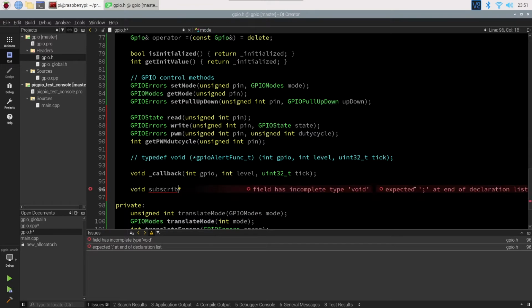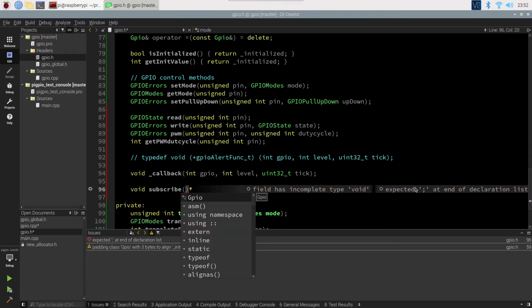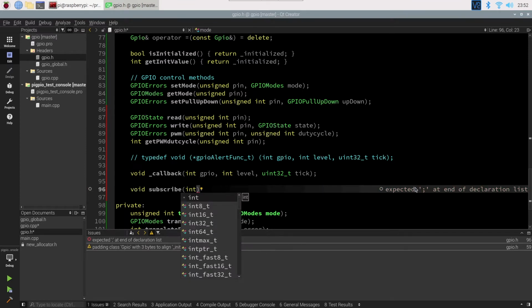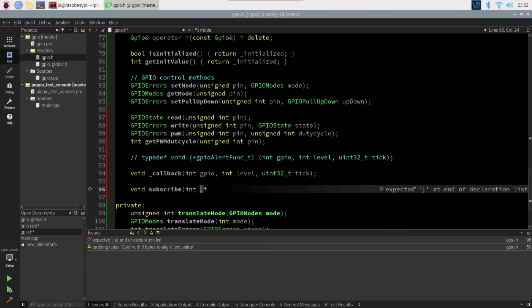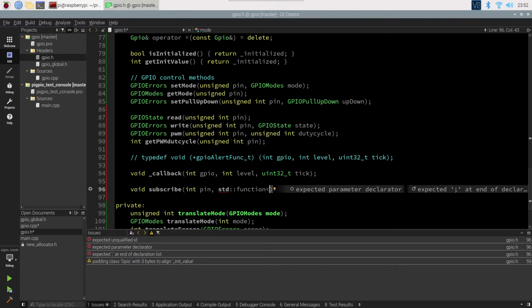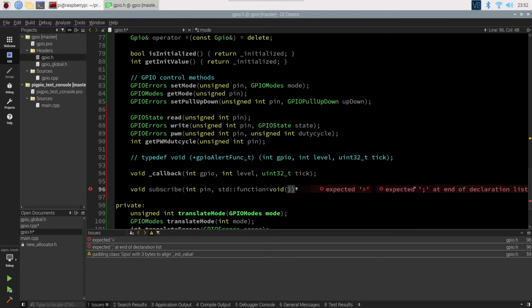subscribe, and it'll be int pin, and then we're going to pass in a function, a lambda, probably a lambda. So we're going to use std::function void. It's going to take